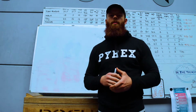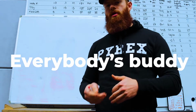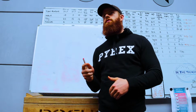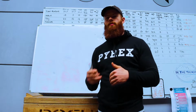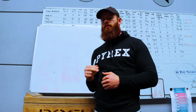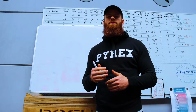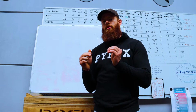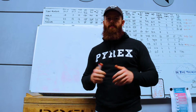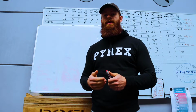So the first thing we're going to talk about is the threshold. And what you need to understand is that everybody's body has a different threshold. So the threshold is the point at which the body switches from aerobic metabolism to anaerobic metabolism. It's basically the point at which you're not able to maintain that speed and you will decrease and eventually die. You've probably felt this before in a workout in which you would begin with a really